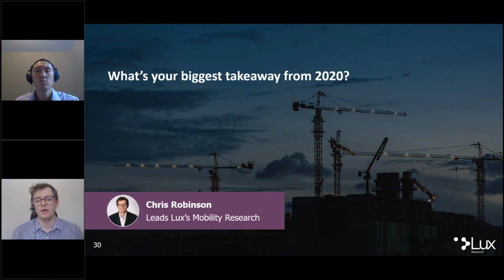And they're still executing on that vision, acquiring someone like Routematch, which is really a route optimization for public transport. They also had their first software as a service sale in the public transportation sector. So, for me, when I think back to 2020, it really was the year that these ride-hailing companies that have been trying to say, hey, we're a mobility company, actually executed on that vision for the first time.